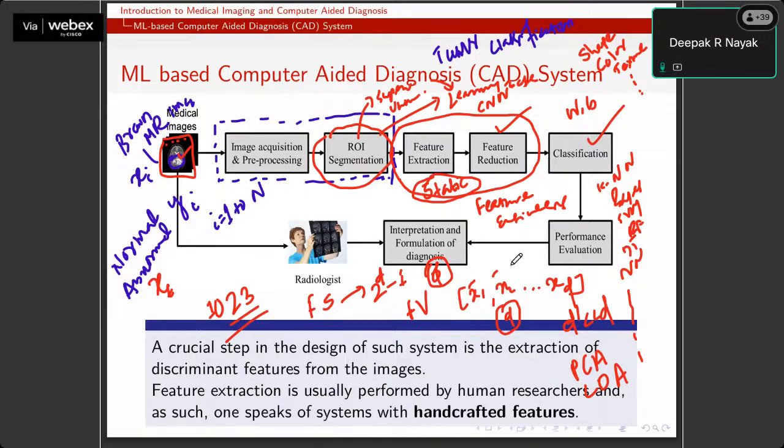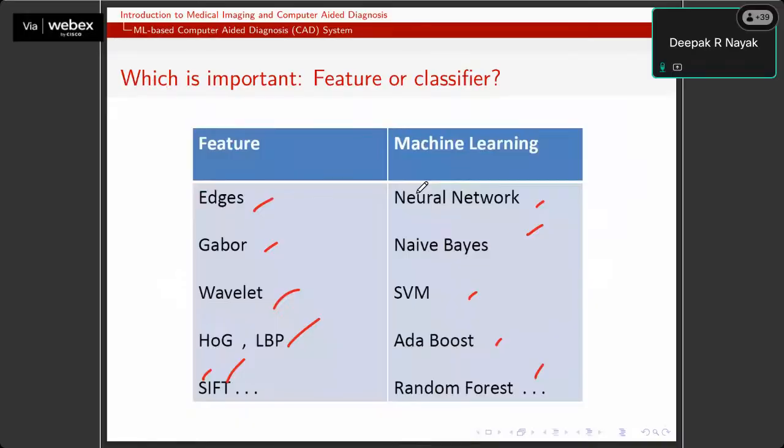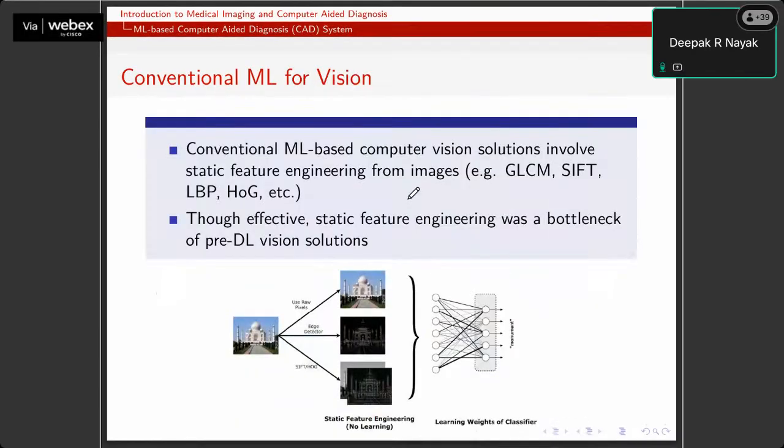So you don't have options here to readjust the features, or to go back to the feature extraction algorithm and update the features according to the output which we have. You have the option to go back to the classification algorithm and readjust the values of W and B. That means you have applied learning at the classification stage, but there is no learning in the feature extraction stage. That is why these features are static in nature, and that is what we do not want.